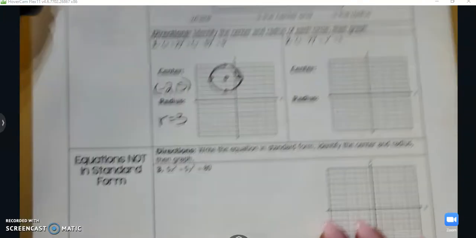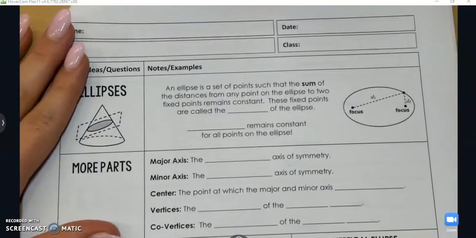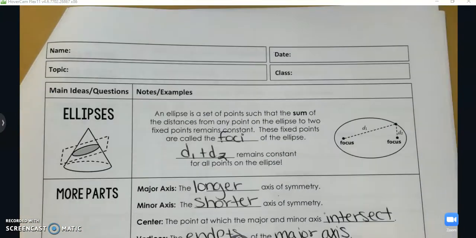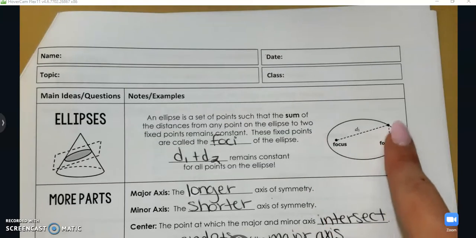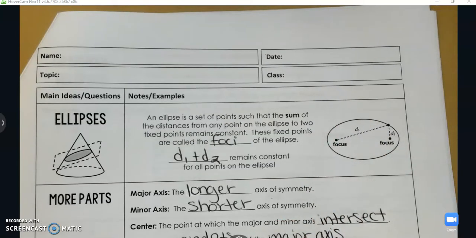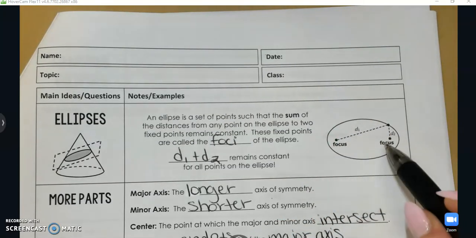Circles are pretty easy, straightforward, to the point. Ellipses, on the other hand, are a little trickier. So in an ellipse, we have some new information that we need to gather. What I've done is I've gone ahead and filled this stuff out, so I'm not taking as much time to write. So in an ellipse, this is like a circle that has been stretched either vertically or horizontally, so it's an elongated circle. And we have these 2 fixed points inside of our ellipse, they're both called the focus,